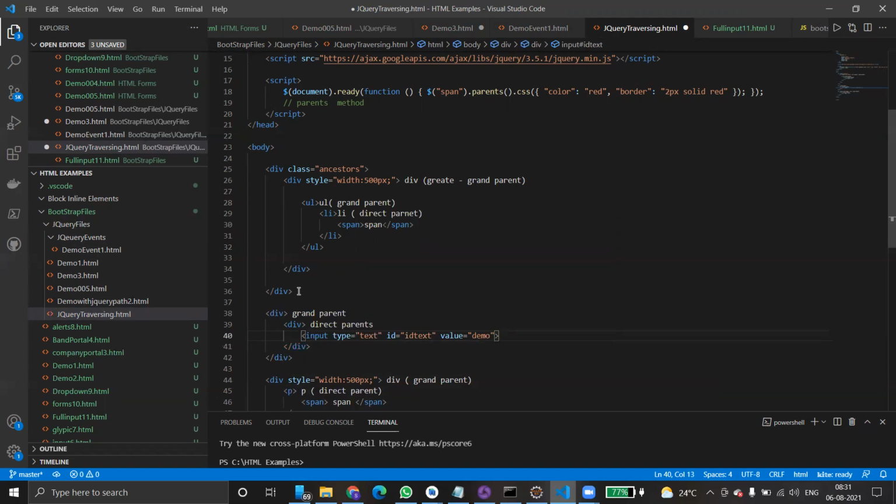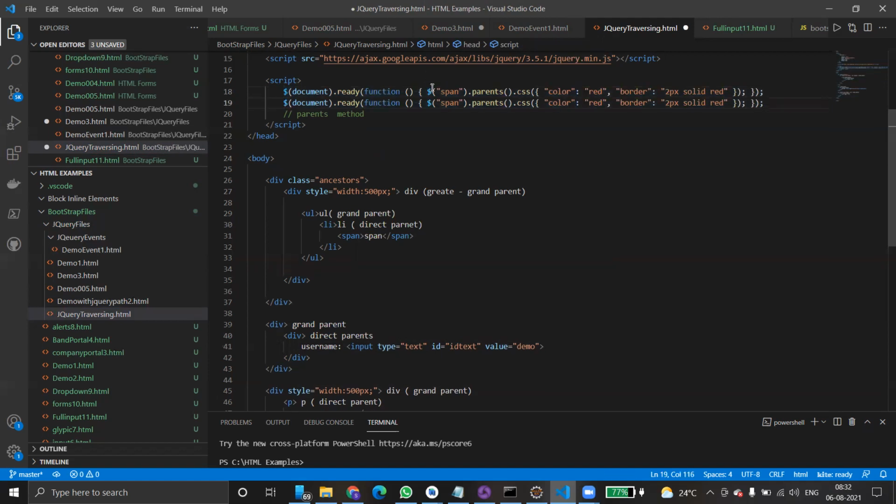Here you can mention, say, username. Control S. So here now the ID is ID text. Just copy it, Control C and Control V. In the function, instead of span this time, I use input.